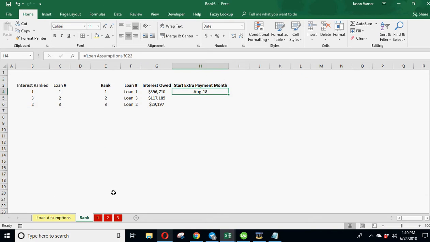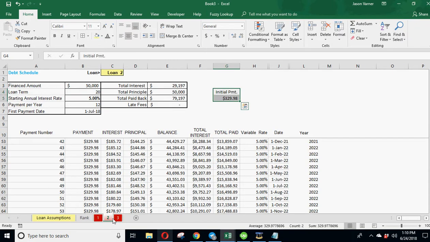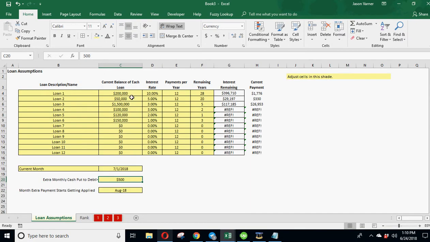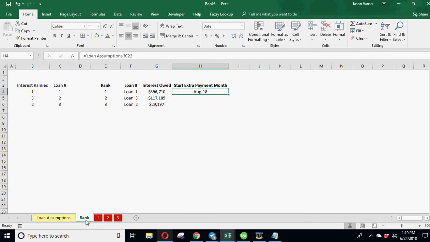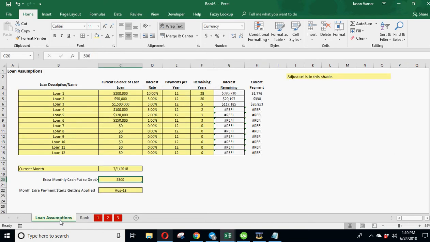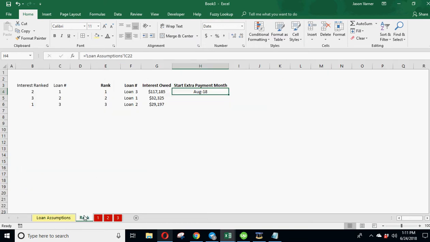Now we don't know technically if loan 1, 2, or 3 is the highest. So let's assume this is saying loan 1 is the highest because of this interest rate and the years remaining. Let's say this years remaining goes down to 3. Now our rank changes. Now loan 3 is the first. So we have to make it dynamic and say,